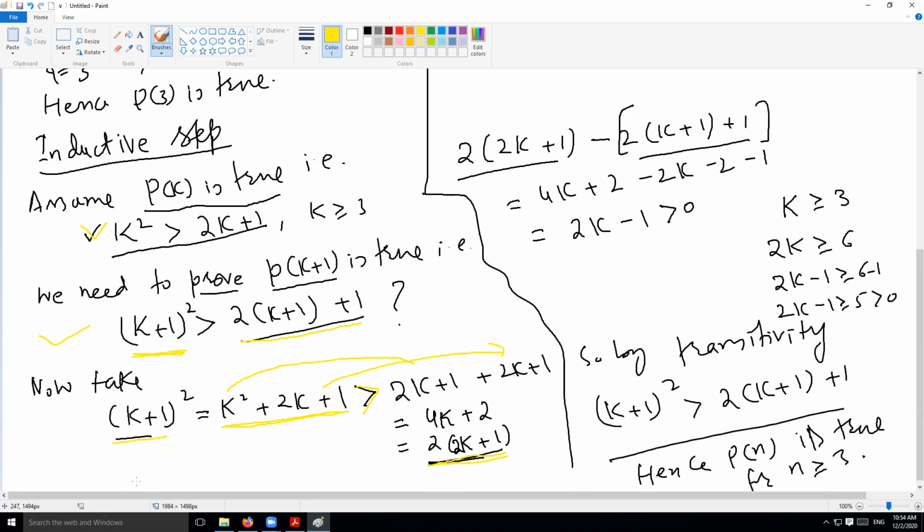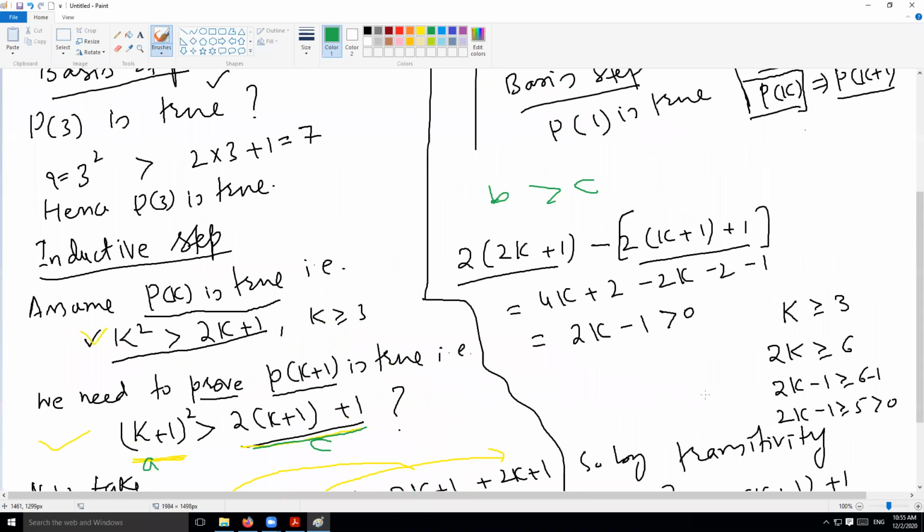So this is like my number A, and this is like my number B, but I want to prove that A is bigger than a number C. In order to prove that A is bigger than C, it is enough to prove that the number B is bigger than number C. So what is B? This number. And what is C? This number. A is bigger than B, and if I can prove that B is bigger than C, then by transitivity A is bigger than C.